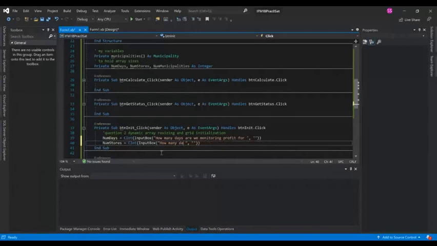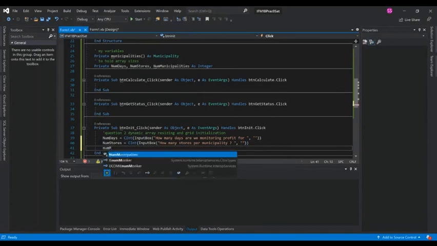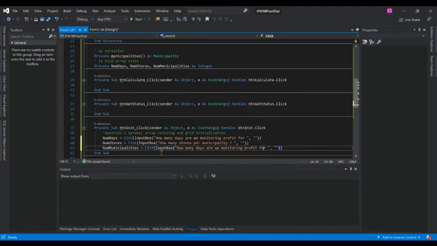How many stores, municipality. Let's say, how many